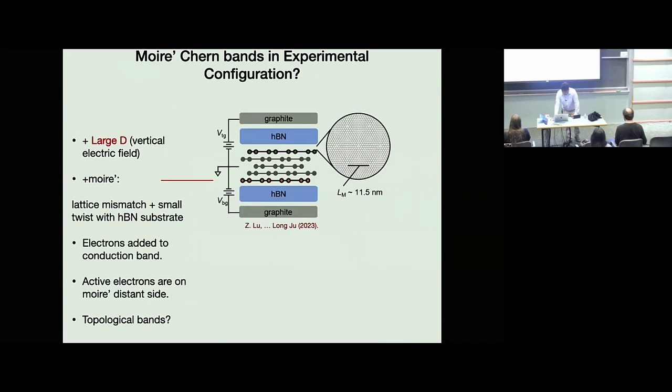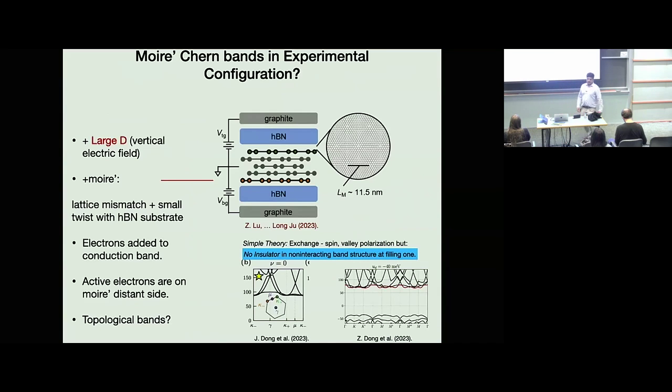So you can look at this in theory first and ask, is it possible to get a Chern insulator in this setup? We have a lot of experience now getting Chern insulators in these moire systems. The way it usually works is that you have this valley degree of freedom. You have a valley Hall insulator to begin with. In the opposite valleys, you have opposite Chern numbers. And the role of the interactions is kind of like a Hund's or an exchange coupling. All the electrons go and polarize into one valley. That's typically what we have seen before in many of these moire systems.